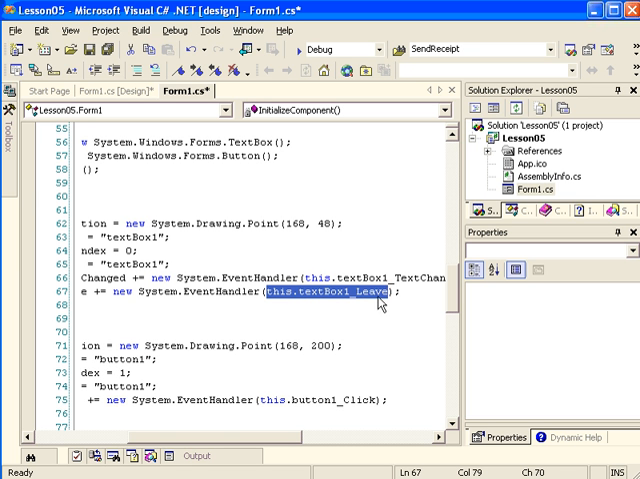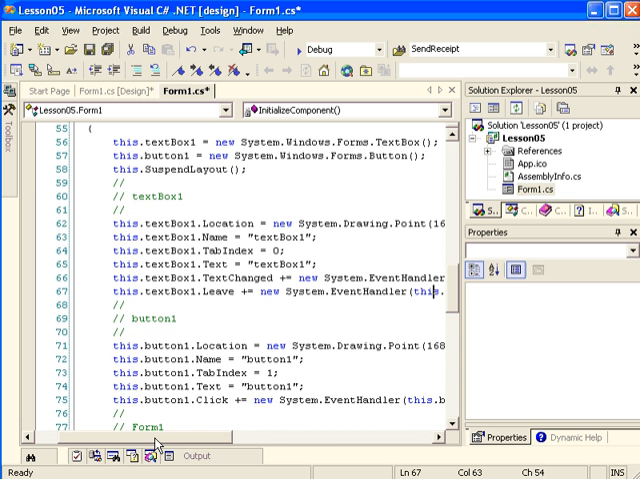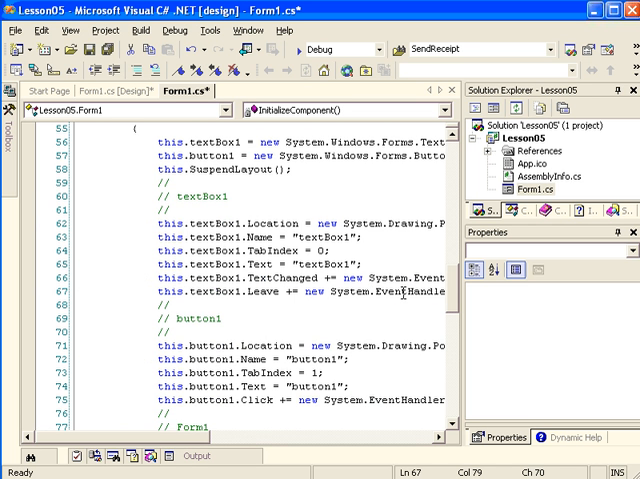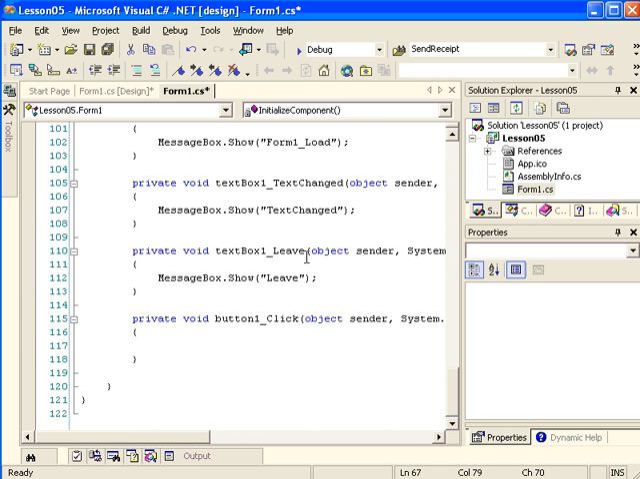textbox1_Leave. Okay, so basically what's happening is, whenever we told Visual Studio that we wanted to write code for the Leave event for the text box, what it did was insert this line of code. It was hidden to us, but it's still available to us if we want to open it up and change it in any way. Whenever this event is fired, this event handler should be invoked. In this case, we want to invoke the textbox1_Leave method,